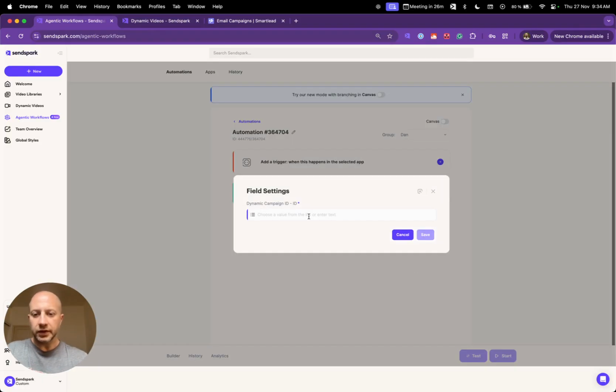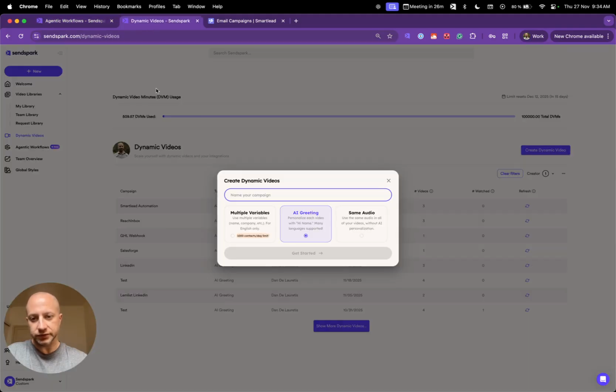We'll click continue, and then I'll be asked about the dynamic video, the dynamic campaign that I'll be using. So of course we need to create one. That's what I'm doing here. You can click on dynamic videos on the left hand side, click here to create a campaign, and then we can just name it. We can just put smart lead